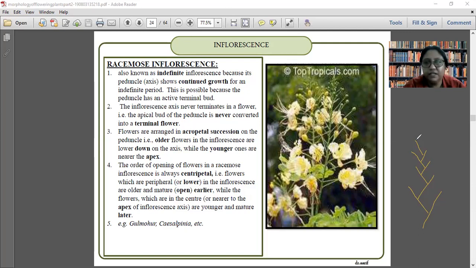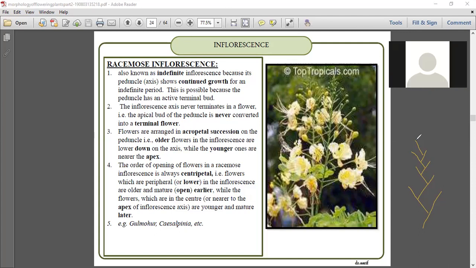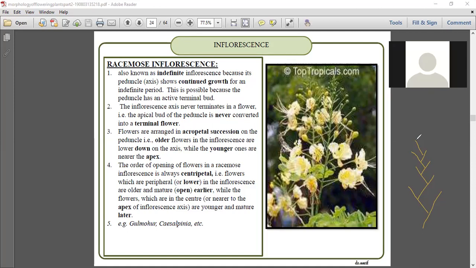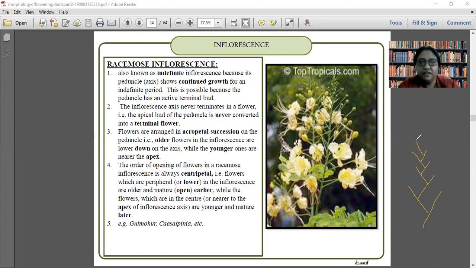Centripetal we call it because, if you see the flower opening, you know the difference between flower bud and flower. What is the difference? Ma'am, the bud is closed and small in size, whereas the flower is broad in structure and open. During the bud stage, there is still development of reproductive parts taking place. Once it is open, it is ready for fertilization in most cases.